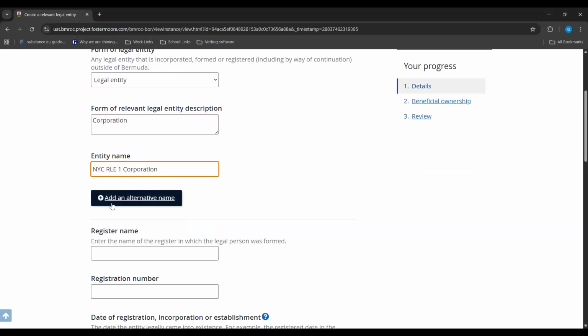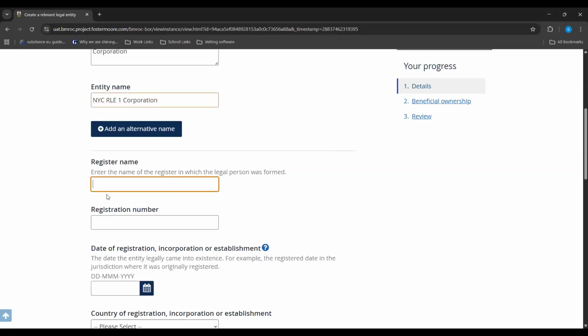You can add alternative names. That will be if the name is in another script that is not English, or if there are any trading names associated with that entity. Then you would enter the name of the register in which the legal person is formed. So for instance, if this was a Bermuda entity, it would be the Bermuda Registrar of Companies register. For this one,